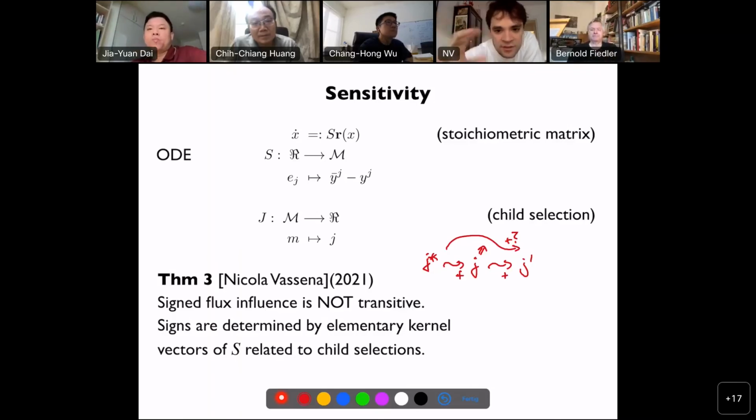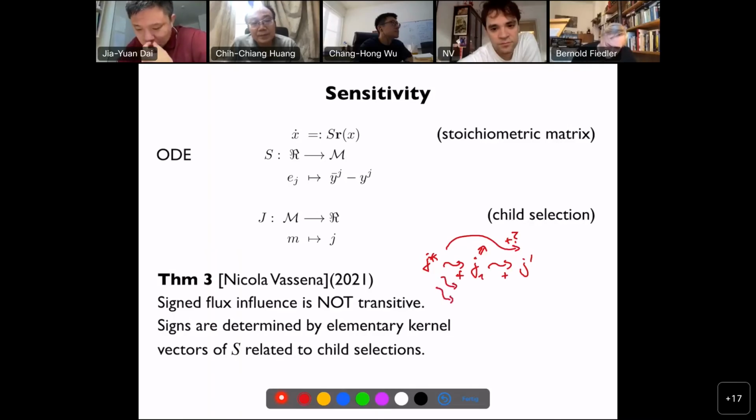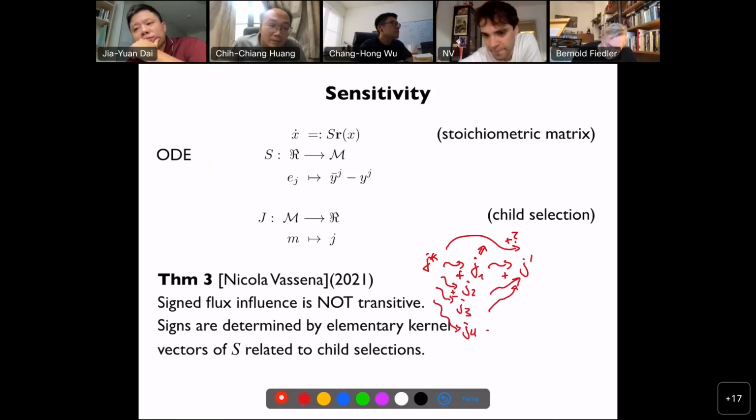Because you have others, yes, that's what I said. What we are forgetting is that there's a J1, J2, J3. It's much more complicated than that. And these may be plus or minus. We are not even talking about that. And then those may influence back. I see. J prime. And then it's a question of how all this balances.